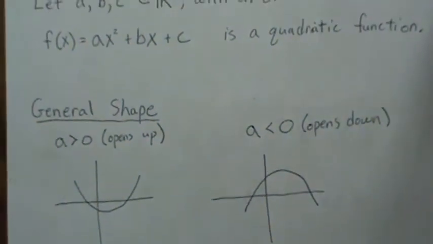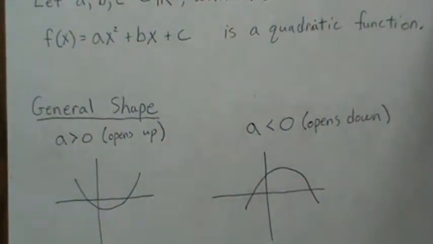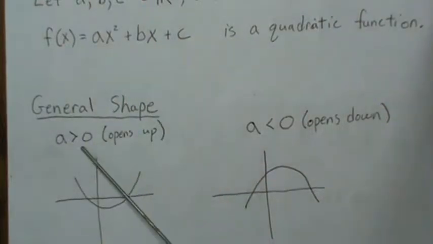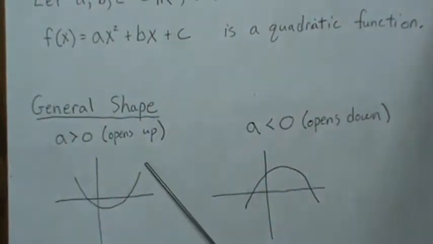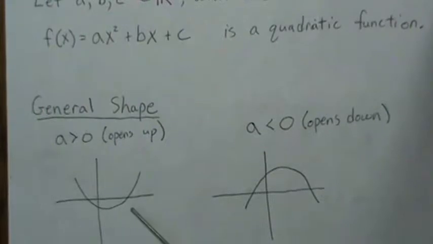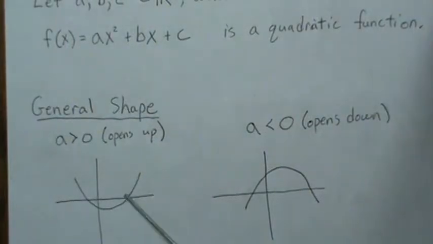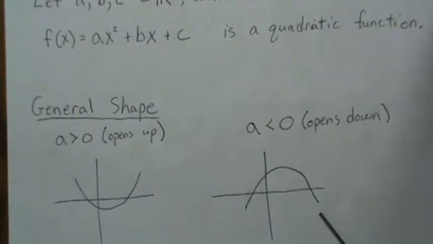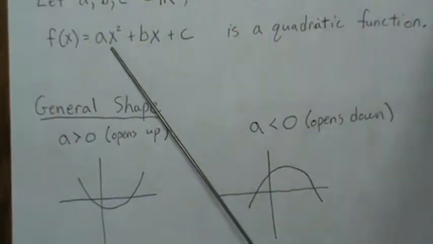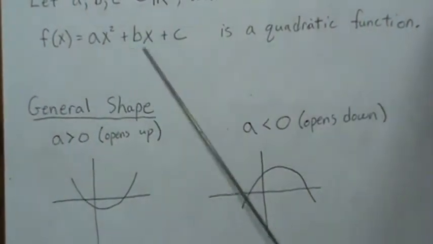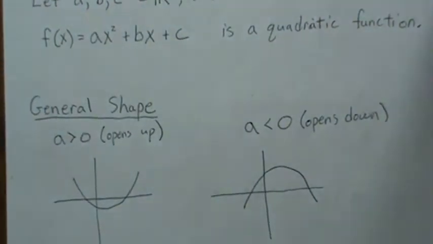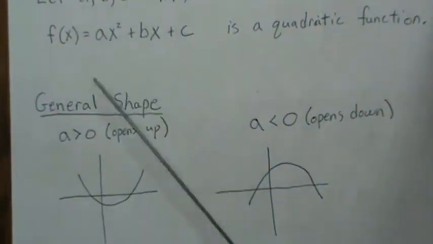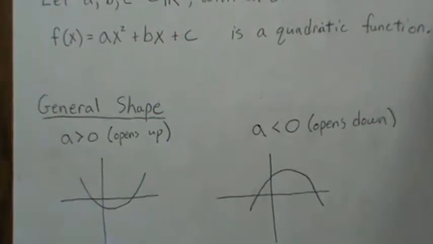Now the general shape of a quadratic function is if a is positive, then it opens up. Now it could be anywhere on this coordinate system, depending upon the functional translations that happen. And in general, if a is negative, it opens down. This quadratic term ends up dominating this function, and so that's why this one number determines the shape